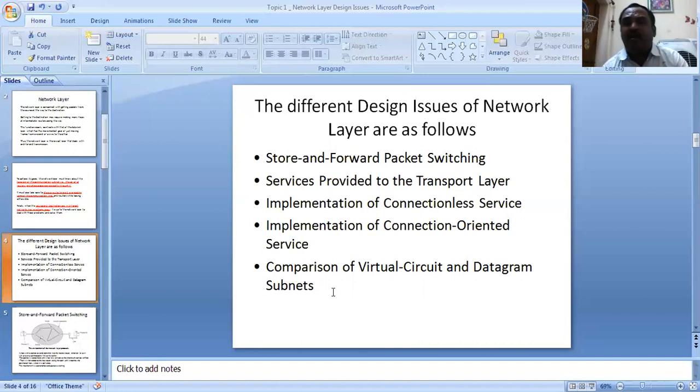The first one is store and forward packet switching, services provided to the transport layer, implementation of connectionless service, implementation of connection-oriented service, and comparison of virtual circuit and datagram subnets. So these are the 5 design issues of the network layer.